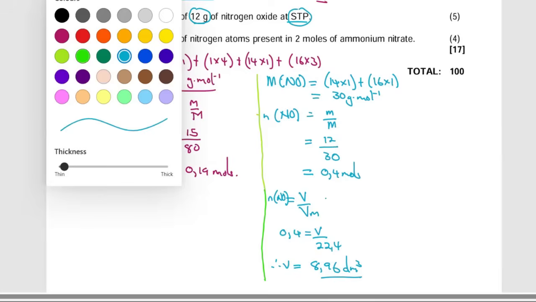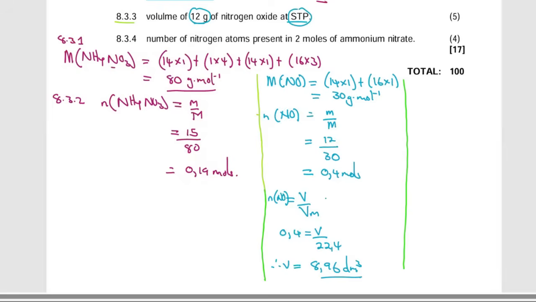Then moving on to the next part, which is our last question here, which is 8.3.4, it says nitrogen atoms present in 2 moles of ammonium nitrate, right? So this one is going to be something like this. We're going to proceed and say the number of moles there is equivalent to, so I'm going to say n is equivalent to N all over Na, right? Then the number of moles that we're given already is 2, then is equivalent to